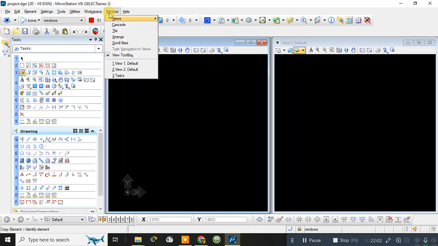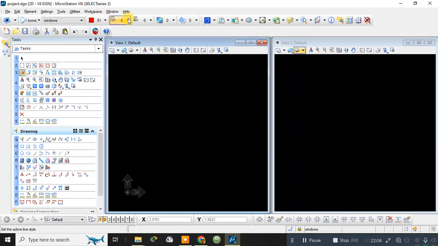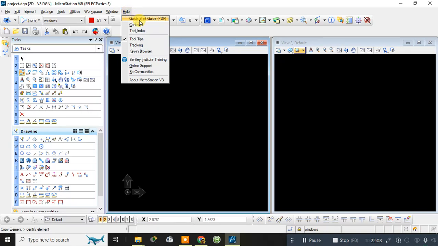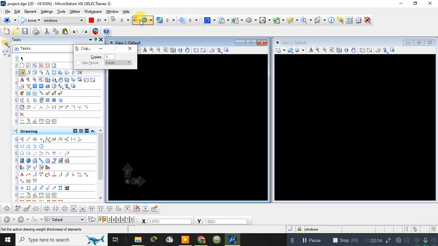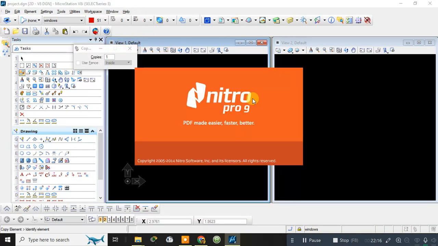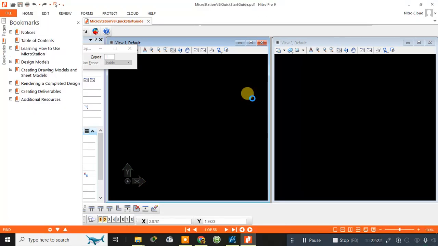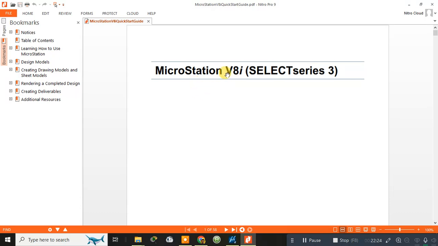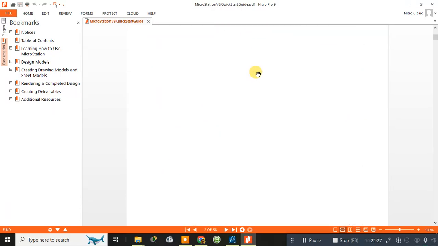Now I can go to the Windows menu for cascading and tiling. After that you can go to Help, and by clicking it here you will get the simple start guide, which will open in PDF format. Even if you want any kind of help, you can simply go to this MicroStation V8i guide menu, and you can